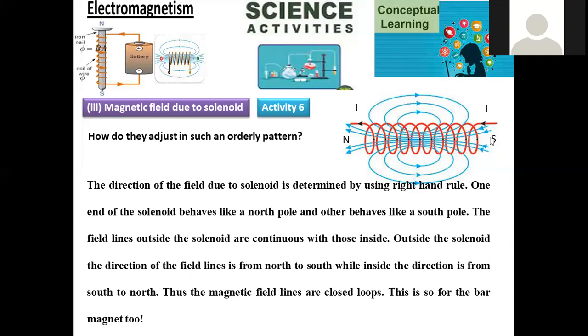The arrow is pointed towards the south. That indicates the lines are moving in this direction, the forward direction, right? Even at the bottom, you can clearly observe this curvature. These curved lines are moving in the forward direction as well. That's the reason why, outside of the sphere, from the north to south pole of the solenoid, the magnetic field lines are moving in the forward direction from north to south.